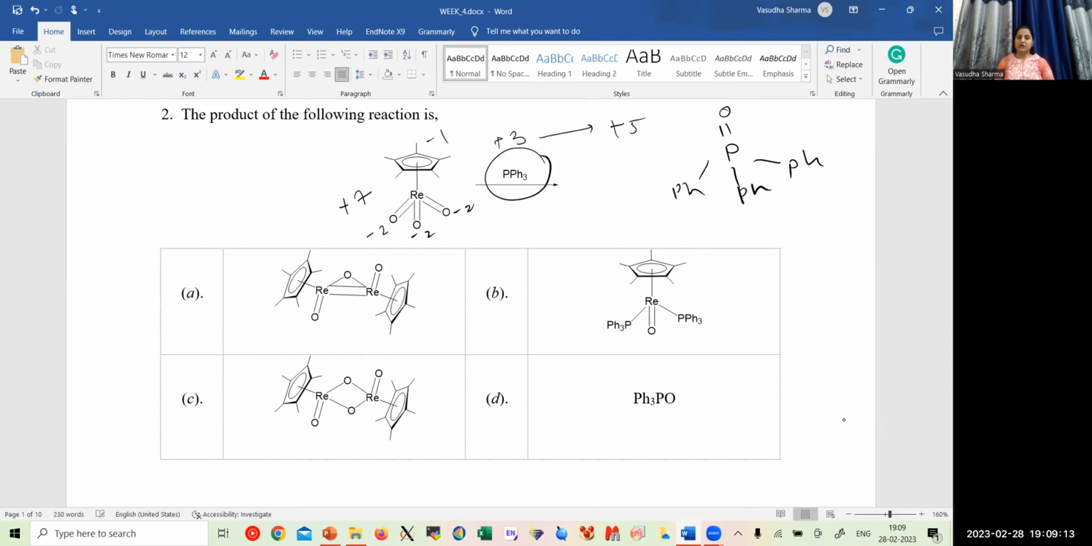So that is why it will tend to give you this particular dimer, with the loss of P double bond O. So if we have two molecules of this, it will lose this PPh3 and we will tend to have this dimerized where it is bound linearly also, it is bound in a bridging fashion also. So this will be having a complete reaction of